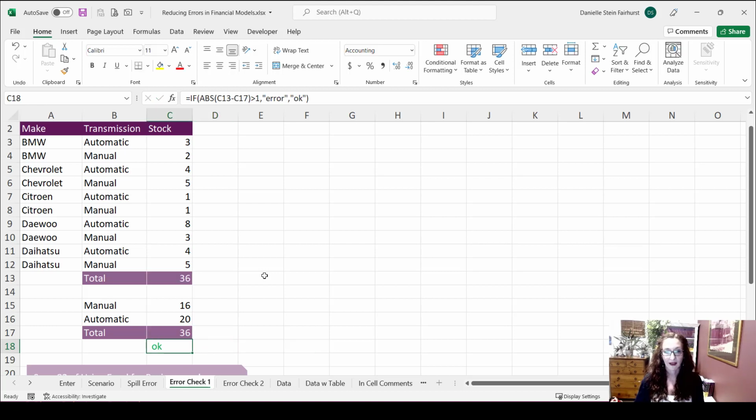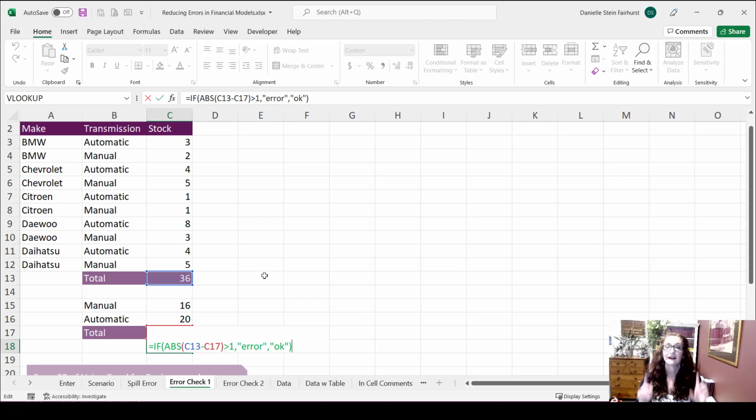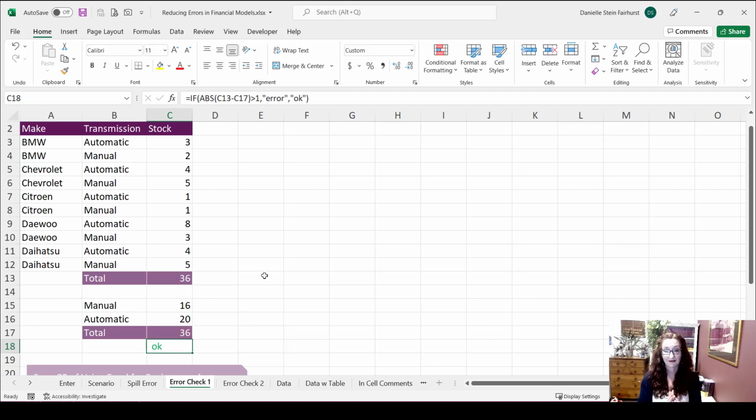And that is why here we've used instead: if the absolute value of the difference between the two is greater than 1, give me an error, otherwise okay. So that is probably a better way of doing it. It allows a tolerance for error. It allows us to be $1 out. If you want that to be smaller, you could put 0.1 or 0.01 or whatever you say your tolerance for error is. And the way that we've done this is we've put that in green font,